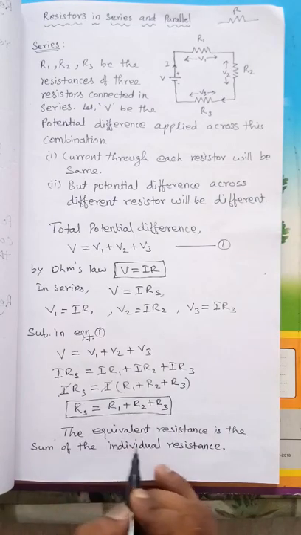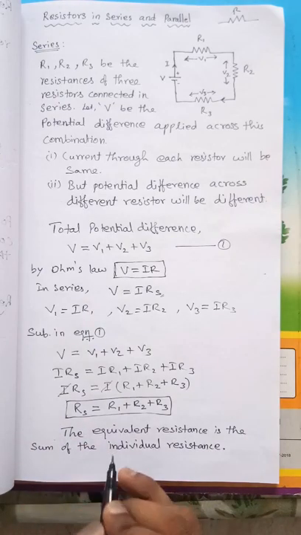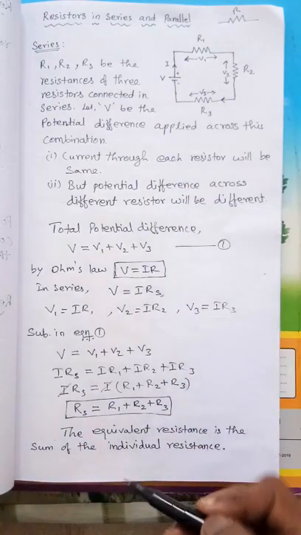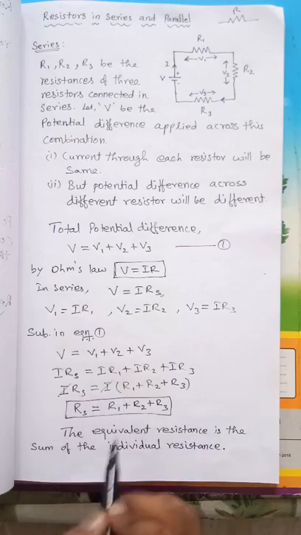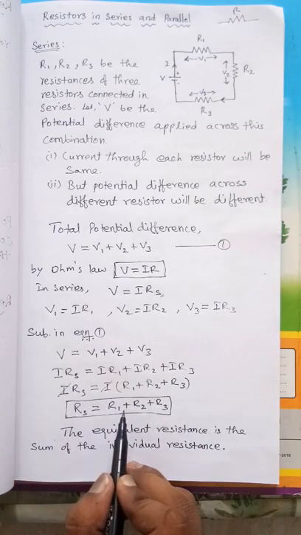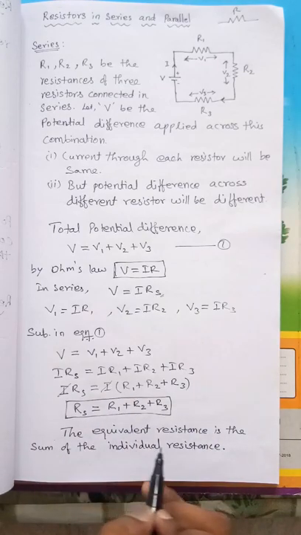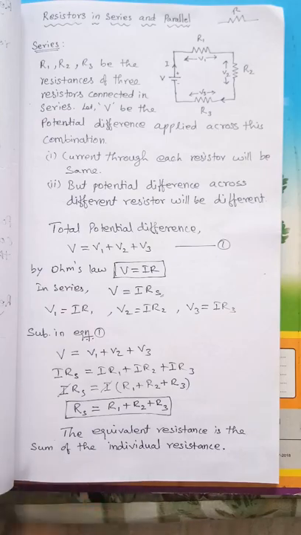This is a 2 mark question: the sum of the individual resistances. This is the definition for series connection. So if you write the total, you will get 3 marks. 3 mark question: the total resistance Rs, the equivalent resistance, is the sum of the individual resistances. Now,